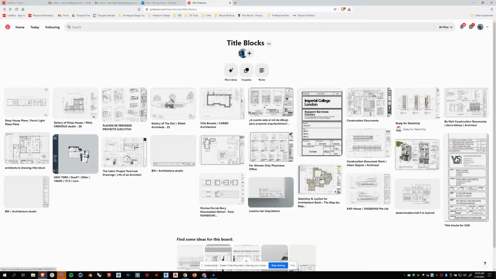This one right here. This is a cool one. You can see the title block isn't something that typical that maybe you've seen. So there's a kind of angle to it here. So I just want you to take a look at some of these, and we're going to sort of create